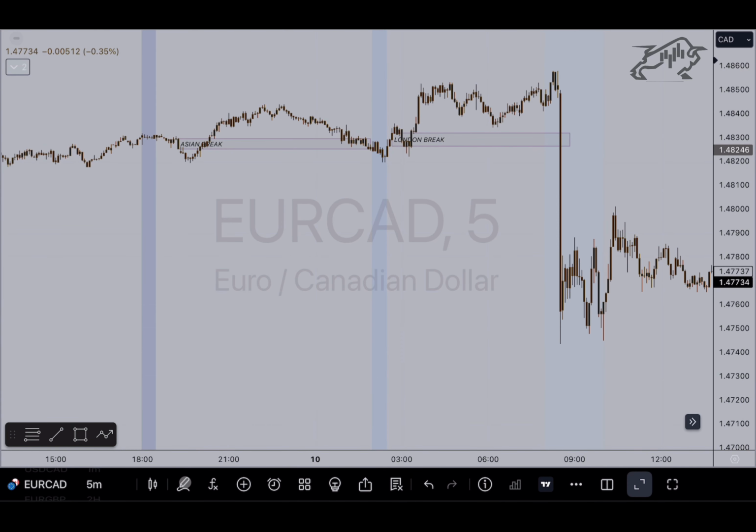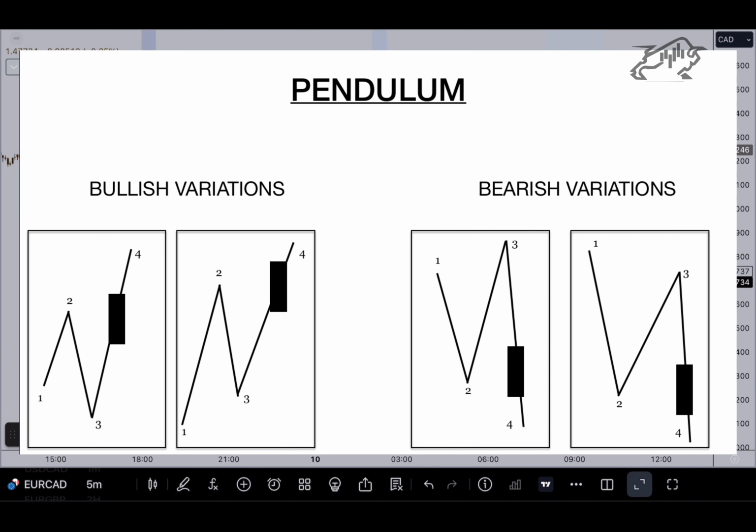The first thing that I want to show you guys is a very simple pattern that we're going to be using going forward. So this is the pattern, you guys. There are a few variations of this pattern, as you can see here, and it is a very crude depiction, but I want you guys to take a screenshot of this because we're going to be referencing this pattern a lot going forward. Okay,